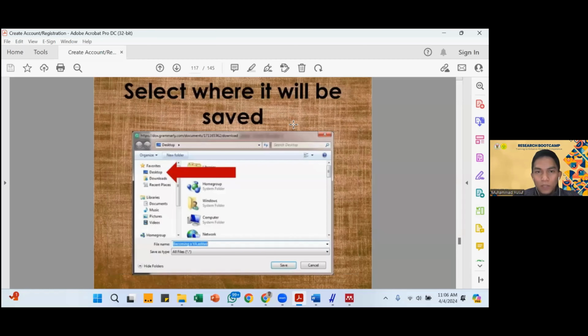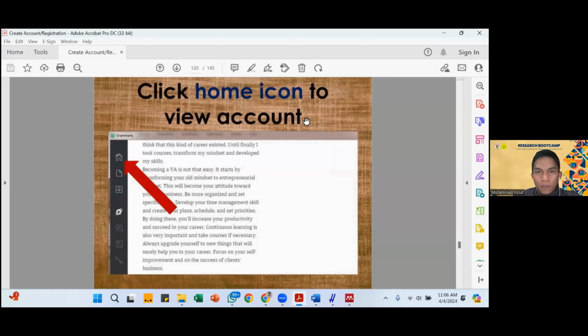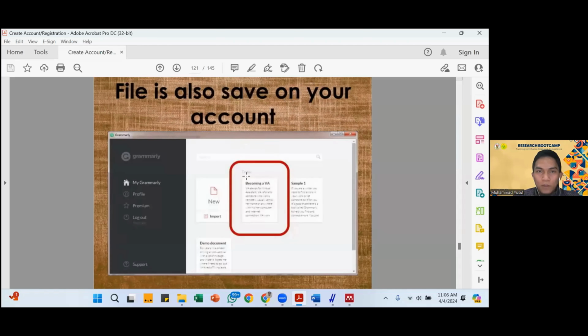Select where it will be saved and then edit the name if necessary and click save. Click home icon to view your account and file also save on your account too. So you have the file in your computer and the save file in your account.